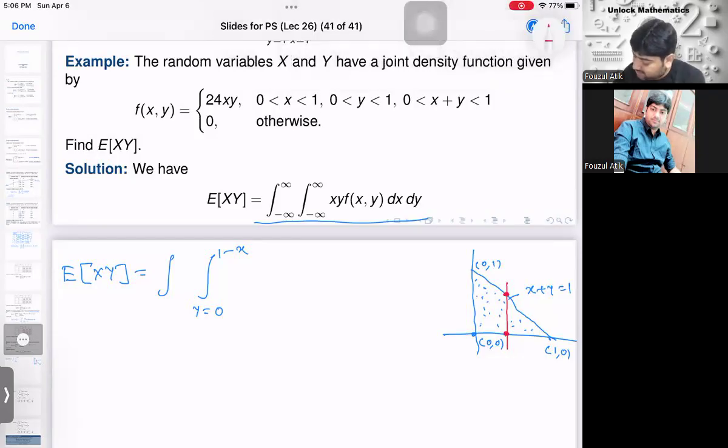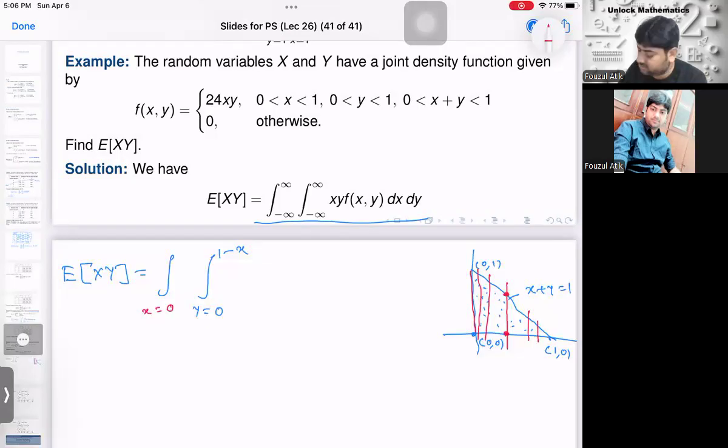I could have taken the vertical strip here also, or here, or here. But from where onward could it start? The vertical strip should start from this line onwards. At that point, what is the x value? So the x value is between 0 to, up to where, I could have taken